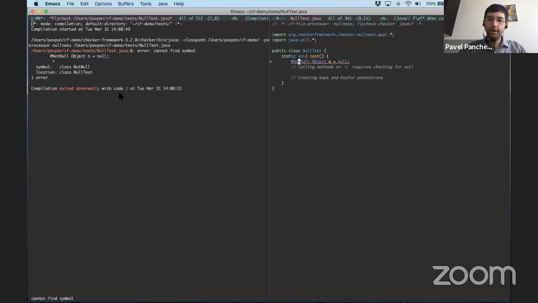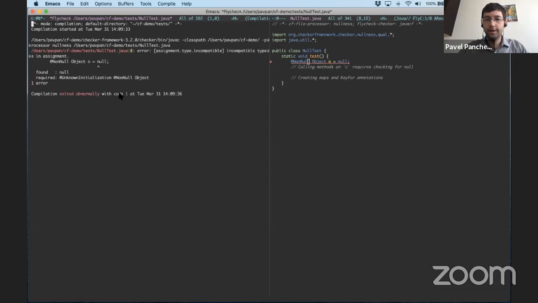So in Java, you can use these things called annotations. These annotations are allowed to be either a symbol like this or some sort of call that looks like a method. In fact, this is instantiating a class in the background. What I've done here is annotate this object to be NonNull, and this causes the Checker Framework to flag an error.